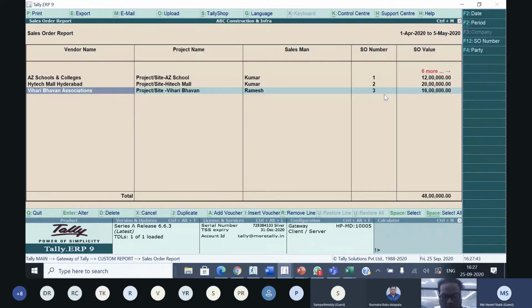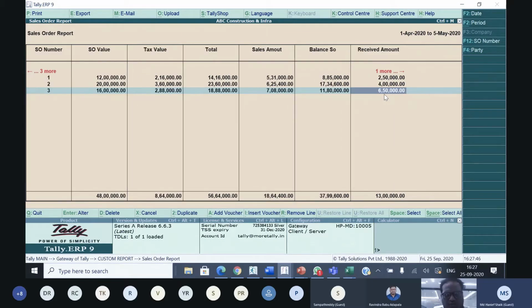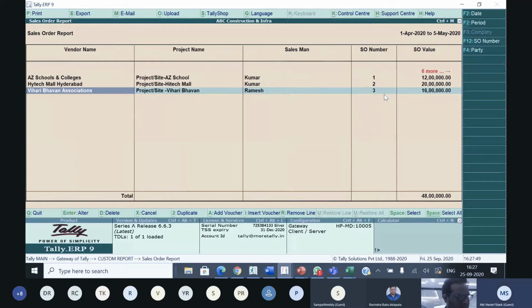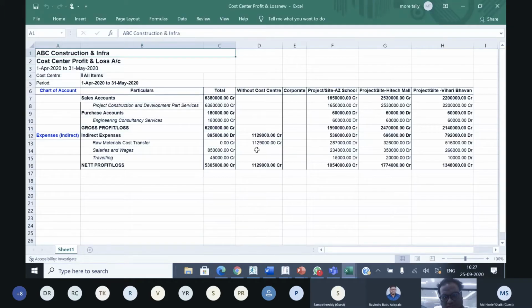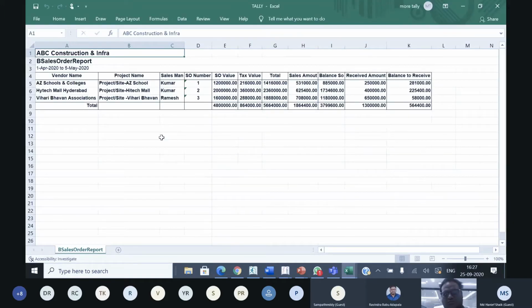The same report has a drill down facility and export, email, print and everything. I will show you the same report exported to Excel. Yes, this one.